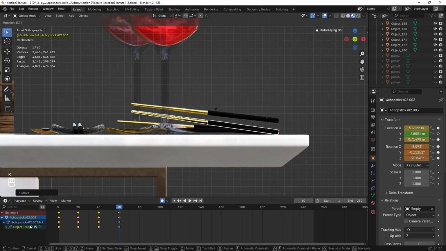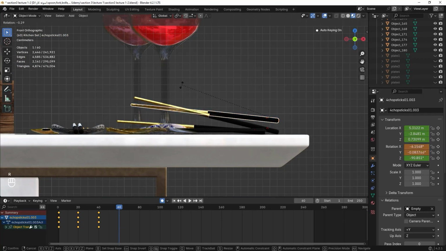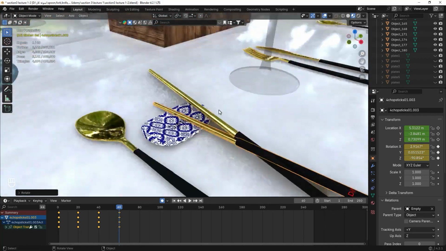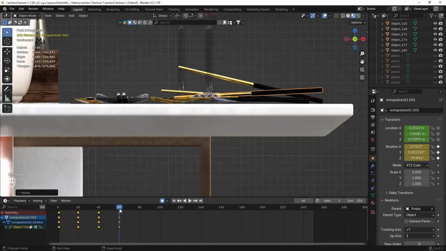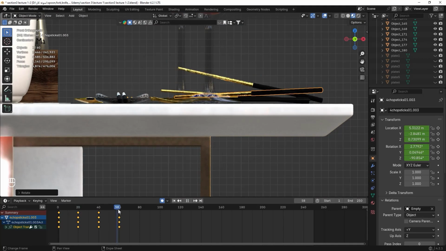Also in frame 60, we select the right chopstick and then move its tip down to the holder with the R key. Now we review the created animation by moving the playhead a few times, and then we select all